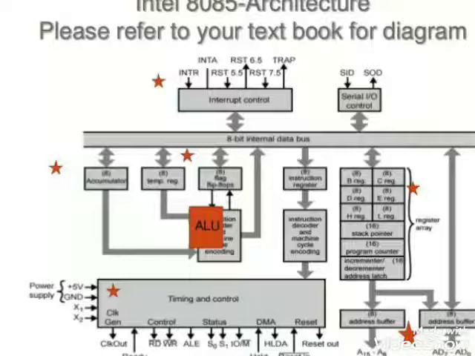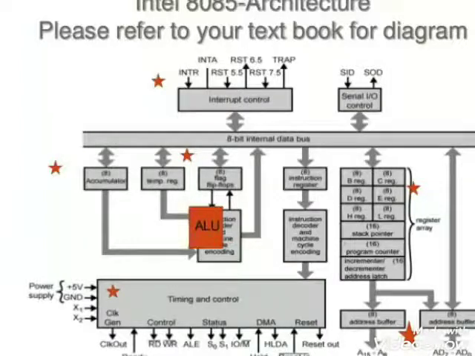Special purpose register. Program counter, PC. This is a 16-bit register sequencing the execution of instructions. It is a memory pointer. Memory locations have 16-bit addresses, and that is why this is a 16-bit register. The function of the program counter is to point to the memory address of the next instruction to be executed. When an opcode is being fetched, the program counter is incremented by 1 to point to the next memory location.